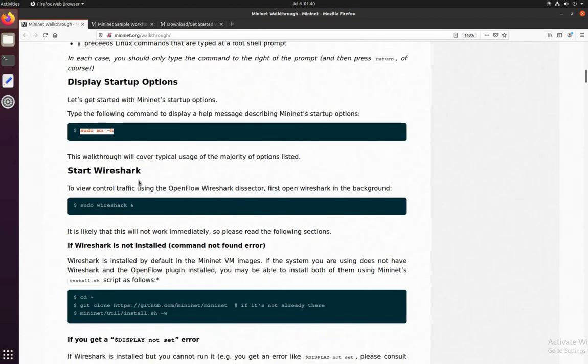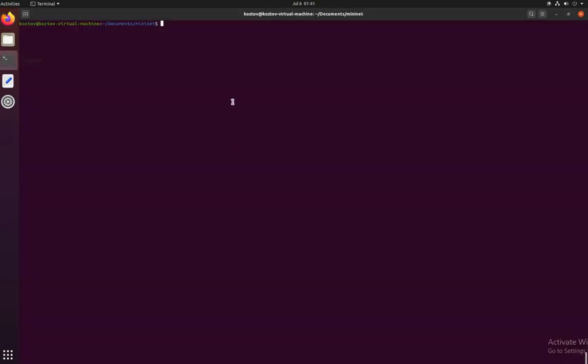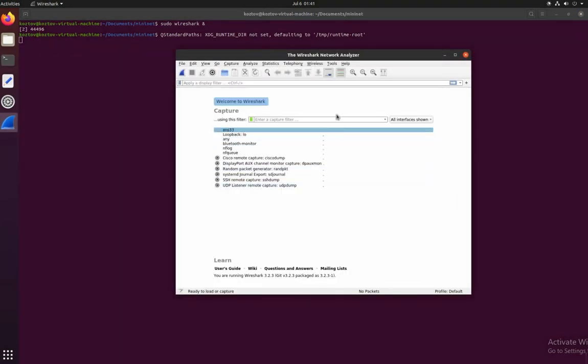Start Wireshark. Here we have a good bonding of Mininet with Wireshark. Wireshark keeps track of all the information related to the traffic in a particular interface. When we create Mininet nodes, we are going to have individual interfaces with the nodes that get created. I already have Wireshark installed. Let us try to run it. As you can see, Wireshark is already installed, and we have the various interfaces available to us that it can read, especially